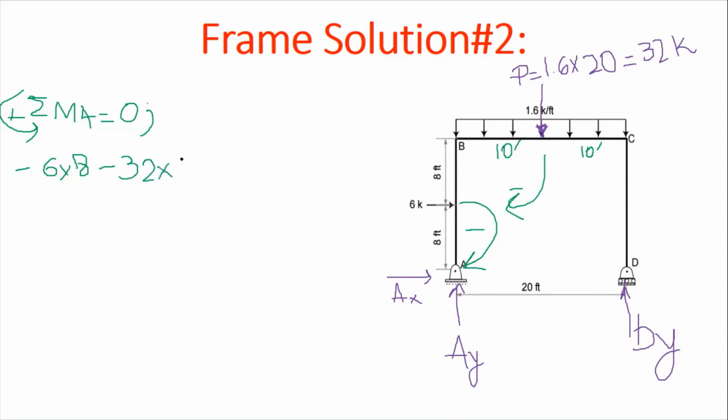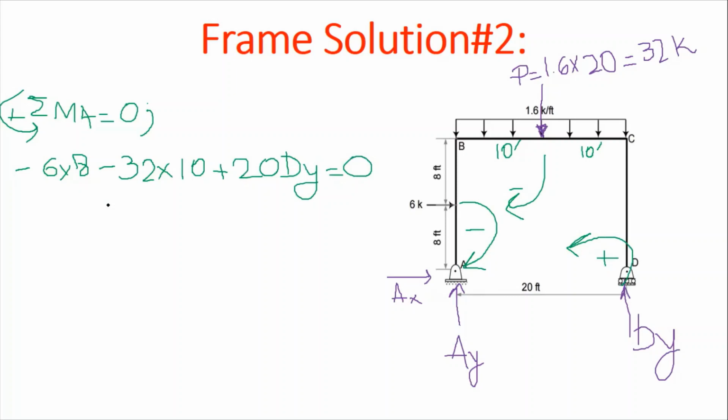The next force, the only one left, is the support reaction. So we will rotate this force like this. When we rotate it towards here, its direction is positive, so we take it as positive. The distance between A and D is 20 feet, so it will be plus 20 DY equals 0. So what we have to do is solve this problem.